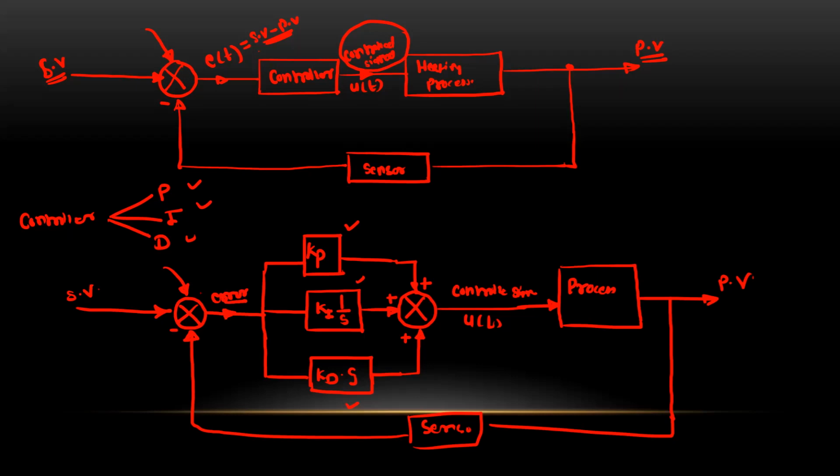Basically, the job of the PID controller is to take the proper action on the error signal, depending on the constants Kp, Ki, and Kd, and generate the control signal which will control the process, so that we can achieve a process value quite close to the set value. Also, we can reduce the unwanted oscillation in the process and the steady state error.